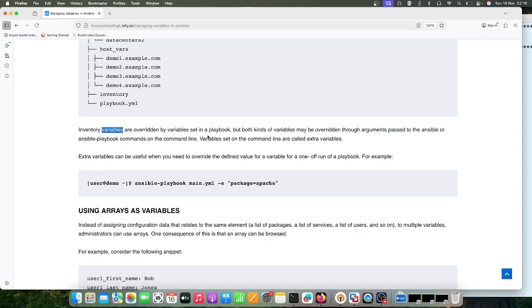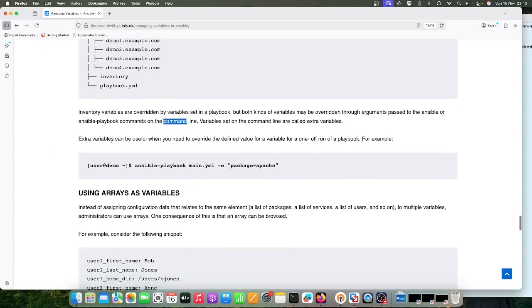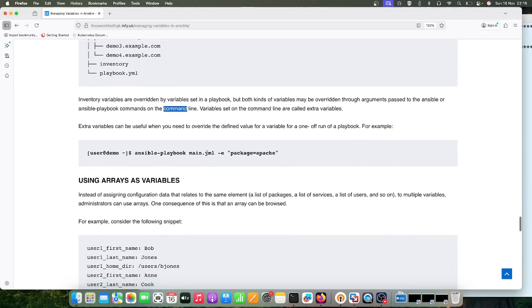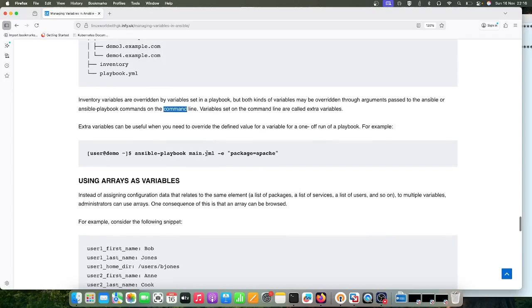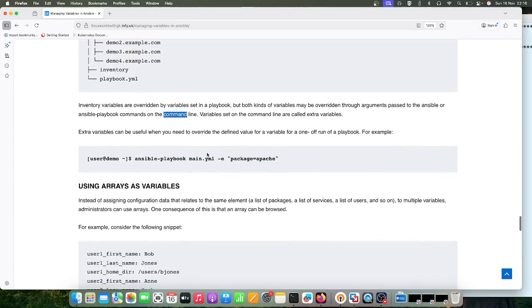Inventory variables are overridden by variables set in a playbook, but both kinds of variable may be overridden through arguments passed to the ansible or ansible-playbook command on the command line. Variables set on the command line are called extra variables. Extra variables can be useful when you need to override the defined values for a variable for a one-off run